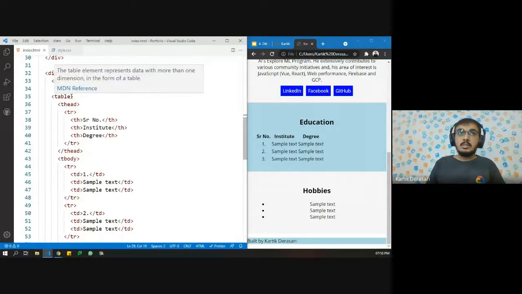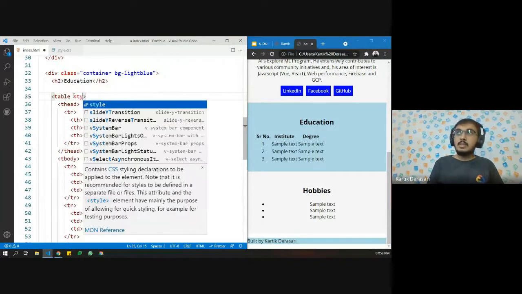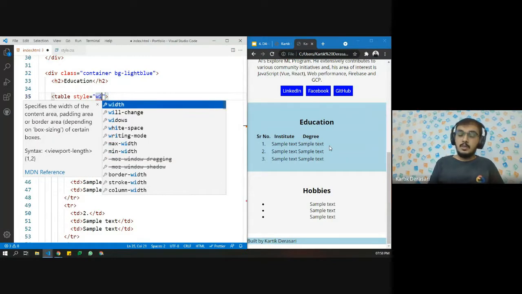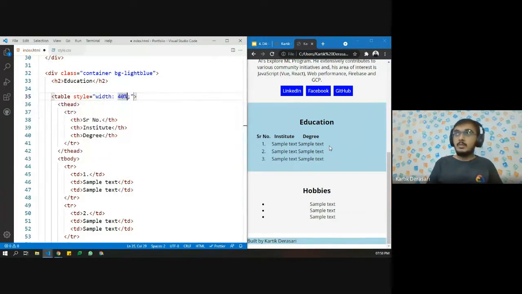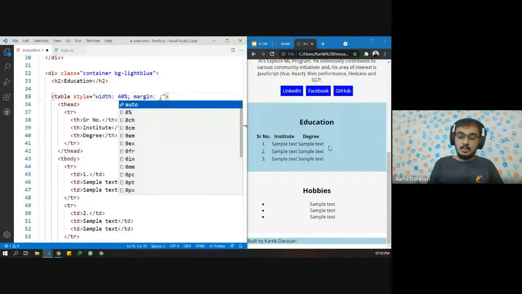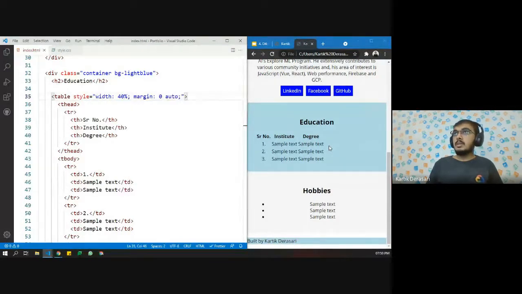So let's style the table first. The width of the table should be 40 percent, and the margin should be 0 auto, so it should center align.